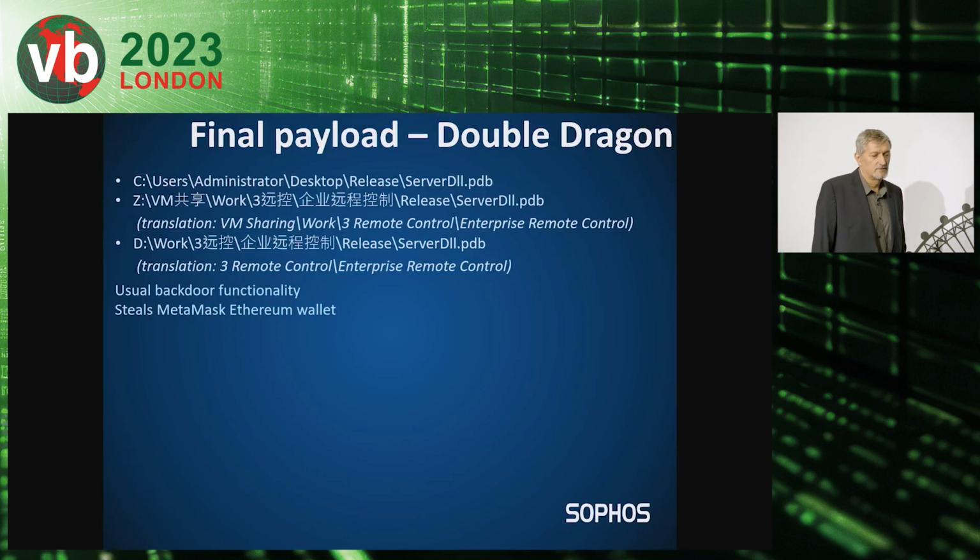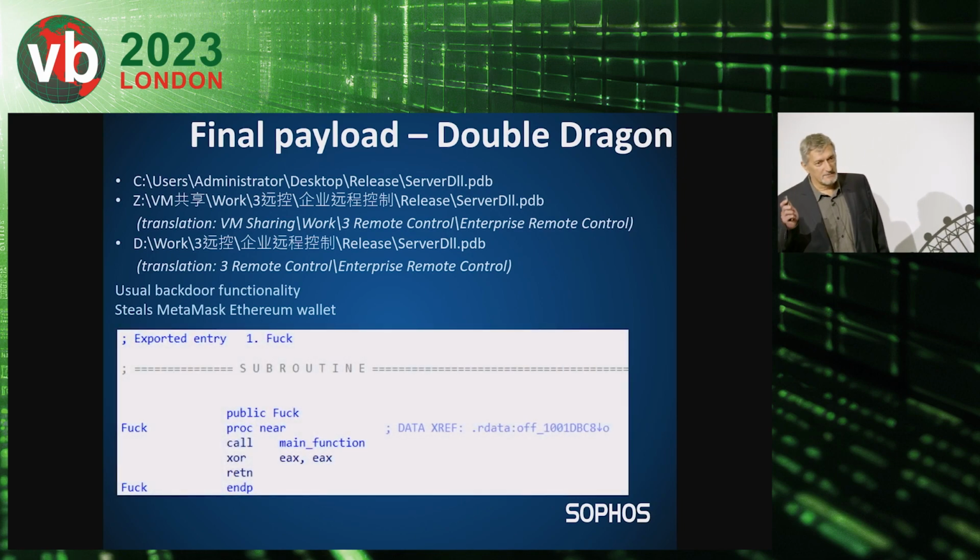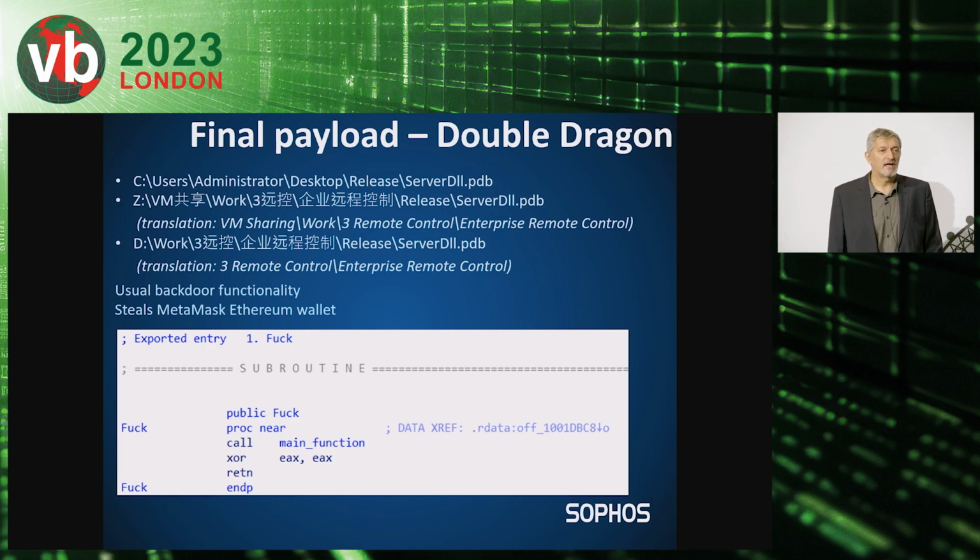The final payload contains some debug information in itself. It's a basic backdoor. It also has a bit of additional functionality. It steals the Ethereum wallet from the MetaMask browser plugin. And also it has a single export named,